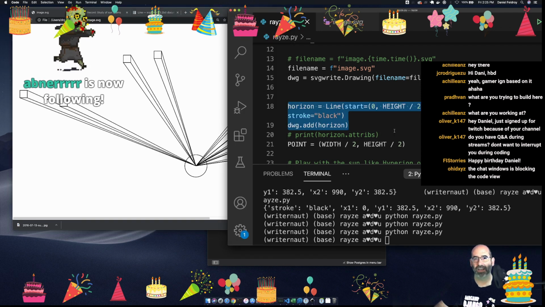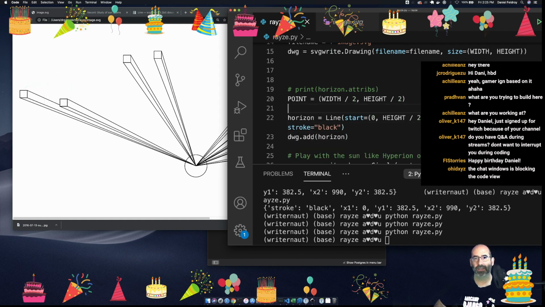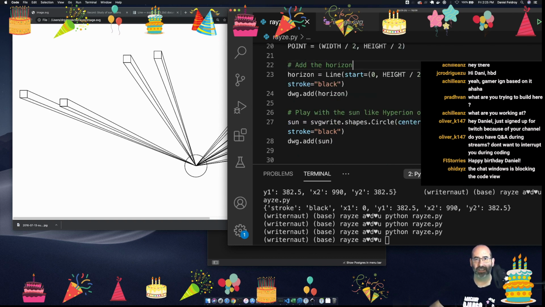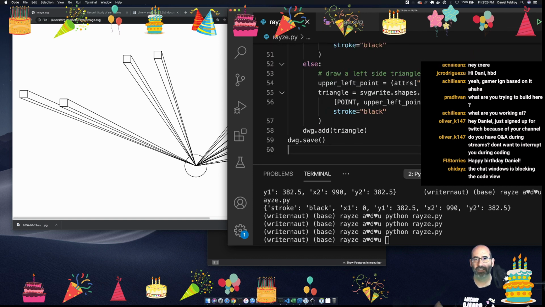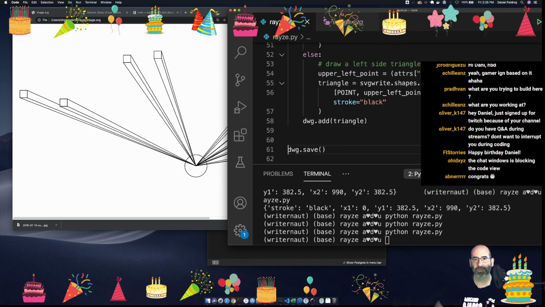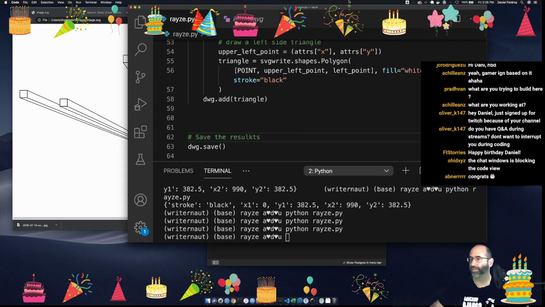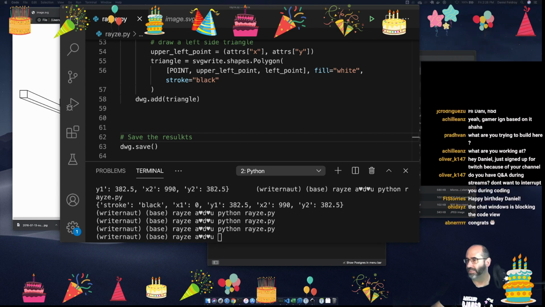So now I can move the horizon and the sun to after everything else is created, add the horizon after everything else. So let's do that. And we don't want to save yet. Save the results. Oh, it's blocking the, okay. How's that? Yeah, I have to have the chat window,